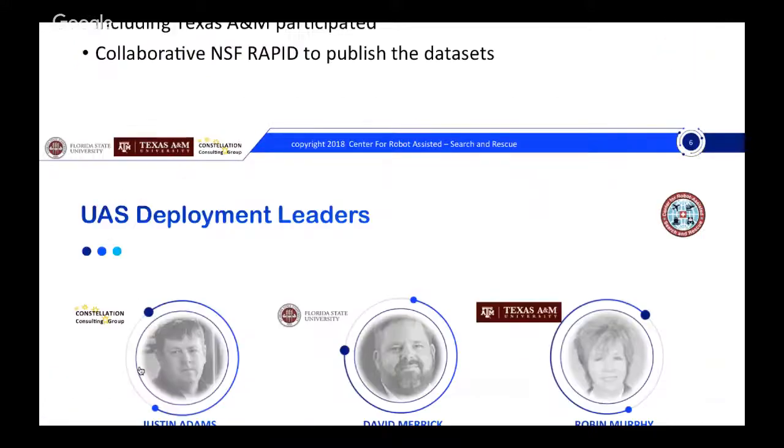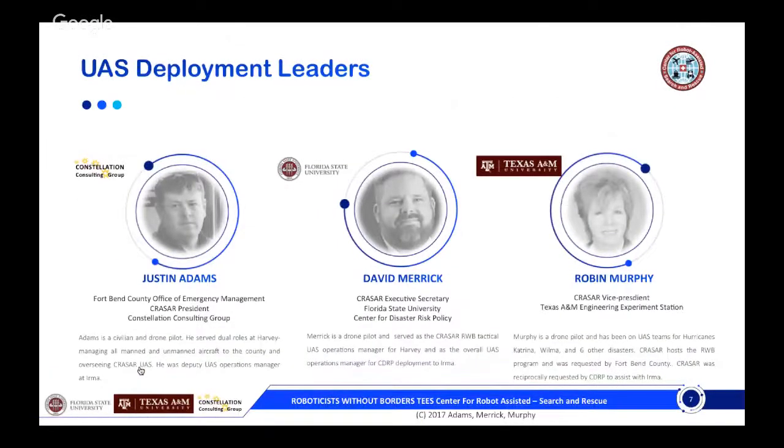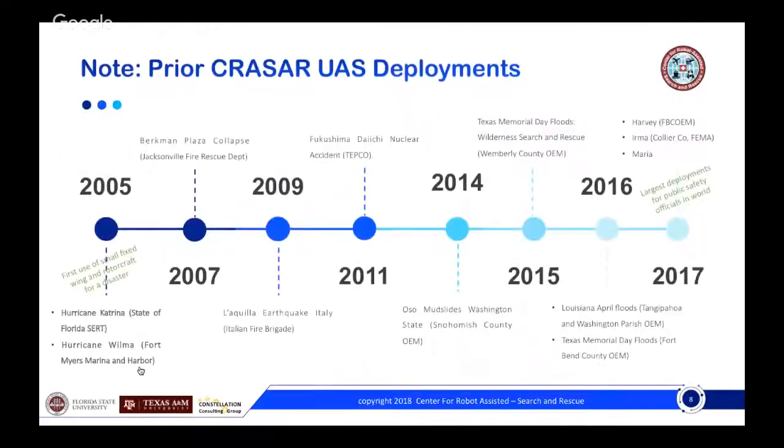One reason, and I'll explain why in a minute, but anyway, Justin Adams, who is president of CRASAR now, was also the person who directed the Harvey flights and the effort there. David Merrick directed the Irma flights. And one of the reasons why we're really passionate about trying to get this data out, besides the fact that we want the data out, is that it was great to have funding to try to sort through it, because